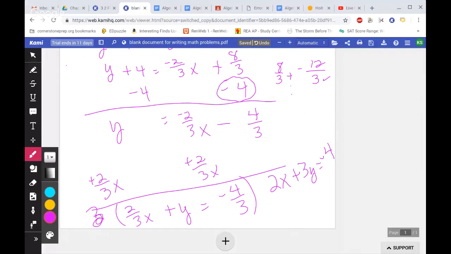So you really only have to multiply by the denominator, but I'm really proud of you, Courtney, that you saw that you could multiply by the reciprocal,